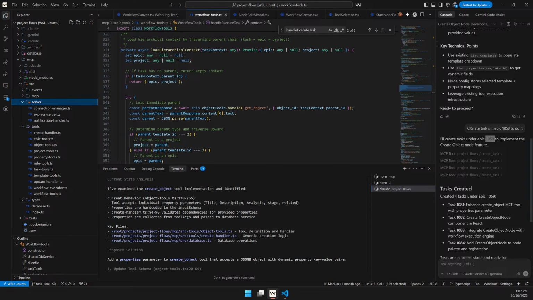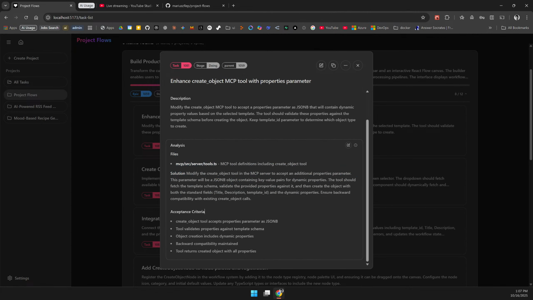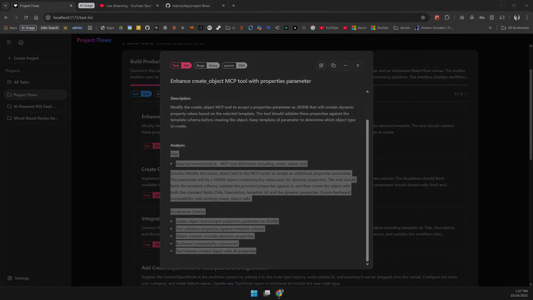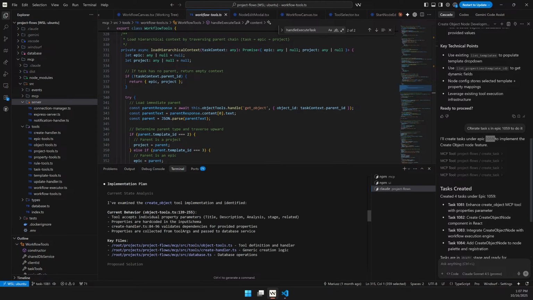So I actually reviewed basically what enhanced the create object MCP tool within properties parameters is, and it looks like it kind of went to the wrong file, because obviously I know these files for some time, so I can see straight away it's not going to the right file. It kind of imagines some other file. But if we go back to Claude, which actually went off and decided to plan, implementation plan,